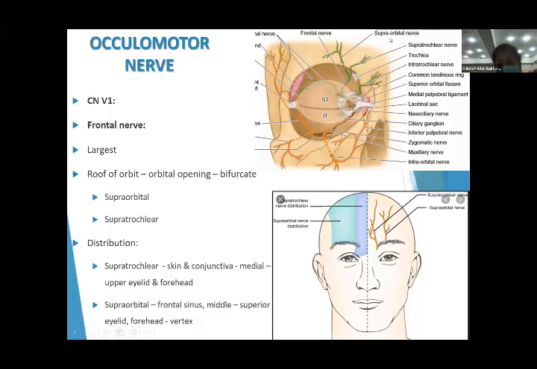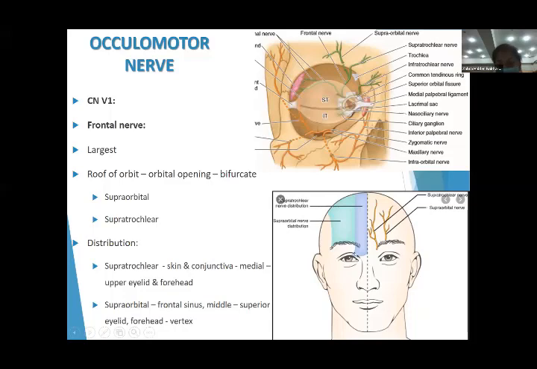So medially it is the supratrochlear. Actually, the frontal nerve gives two branches. Medially it is the supratrochlear, laterally it is the supraorbital. अब इनकी distribution क्या है? ये medially, this is the supratrochlear. अब इसमें जो चीज आपको clear करनी है वो ये, supratrochlear is the medial,